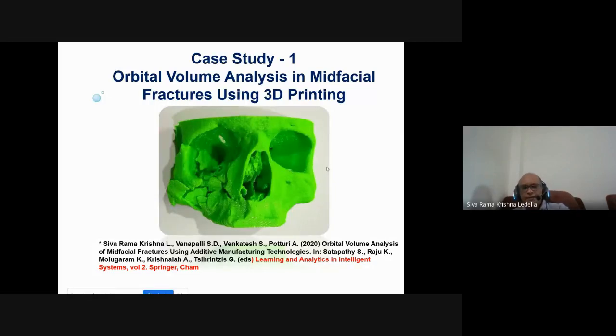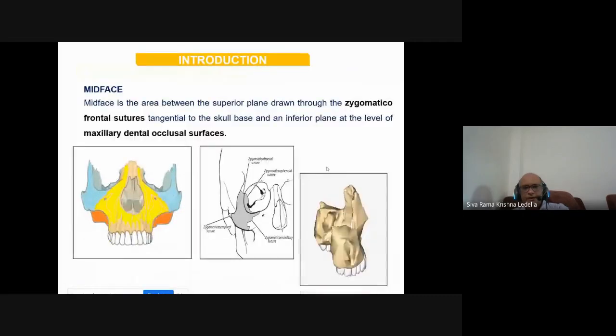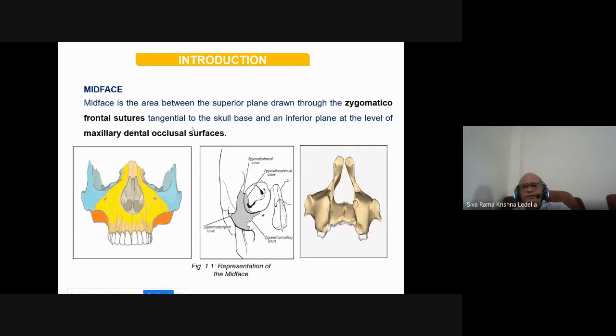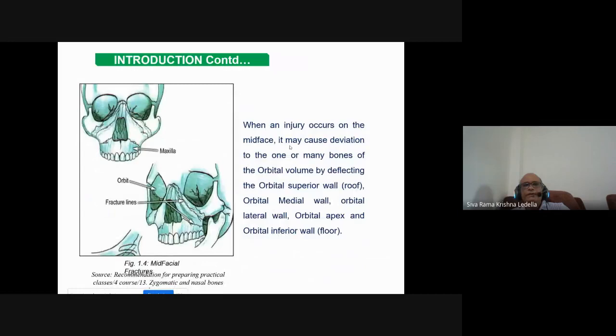So what we are going to do here is, these are the various regions of the face, and you have the zygomatic sutures. These are all different biological terms. I hope some of you get bored listening to these terms, but this is very important. When you want to work with a doctor, you should know all these things. So myself and my students started learning these nomenclatures. But I don't want to bore you with all those medical terms. Definitely, this is the area which we concentrated on here.